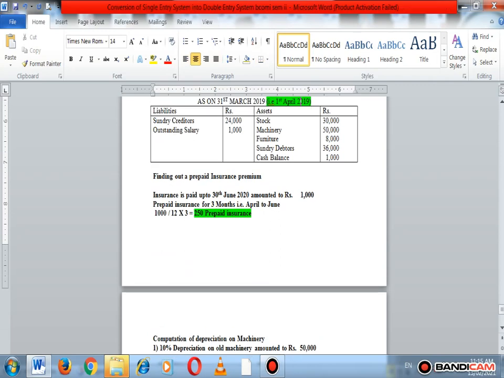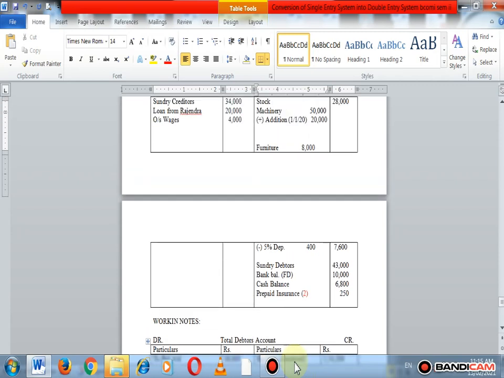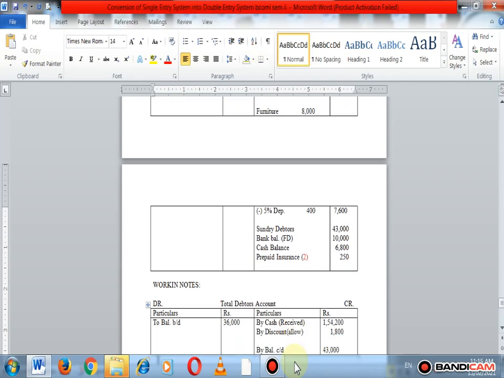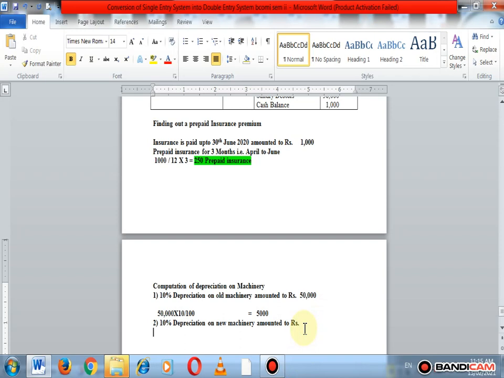So here the amount of additional machinery is 20,000. So here 20,000 and depreciation is for, okay, so the new machinery was purchased